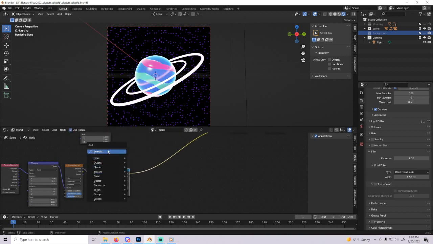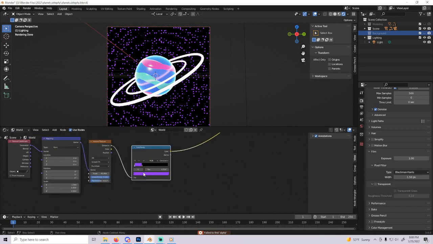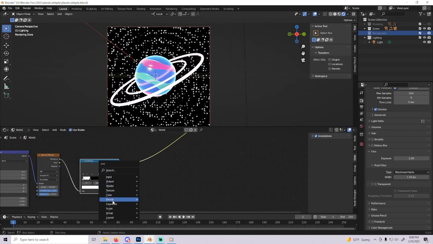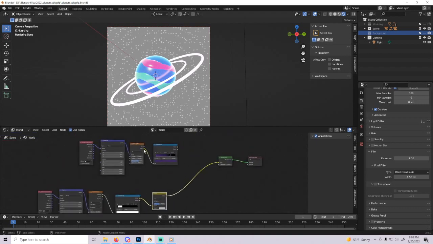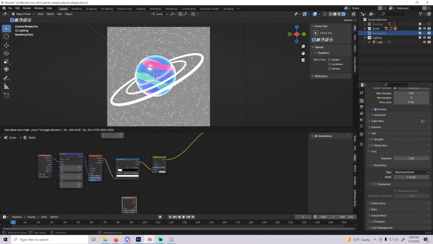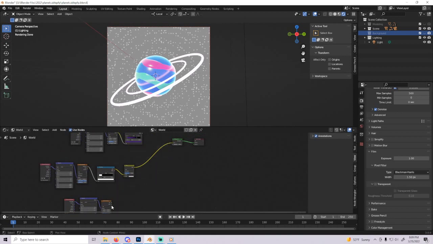Now, I think there's a way to do alpha. No? Oh, we're going to say use white. There's no other ways. That'd be good. Now we'll do color. Okay, mix RGB, and now we want another noise texture. This one's going to be a little bit different. So we want this one to just be